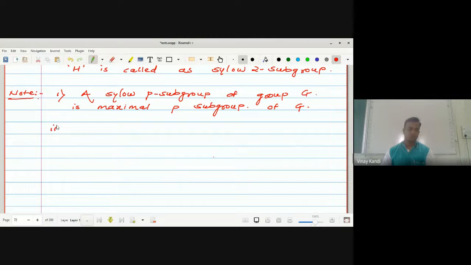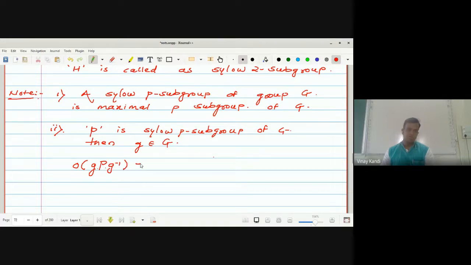Second note. If P, capital P, is a Sylow P subgroup of G, then for any element small g belonging to capital G, the order of g P g inverse is equal to